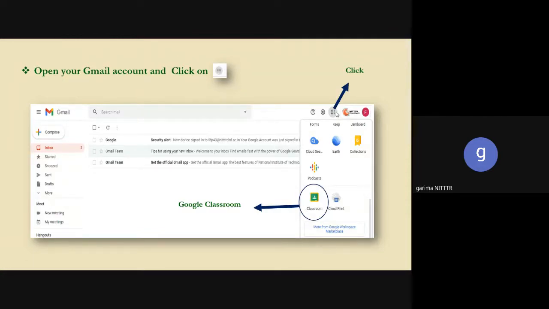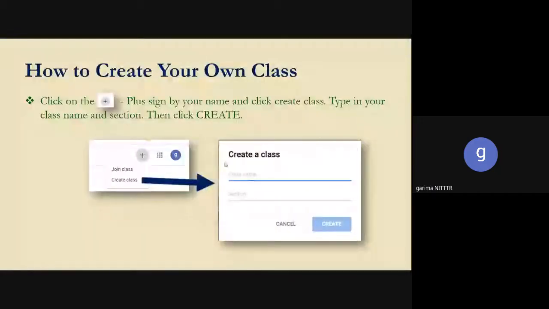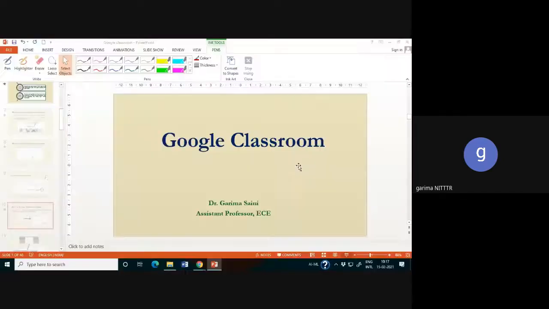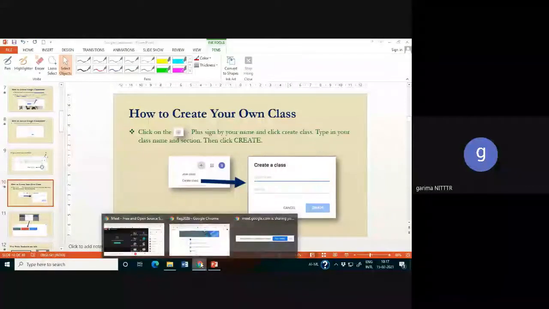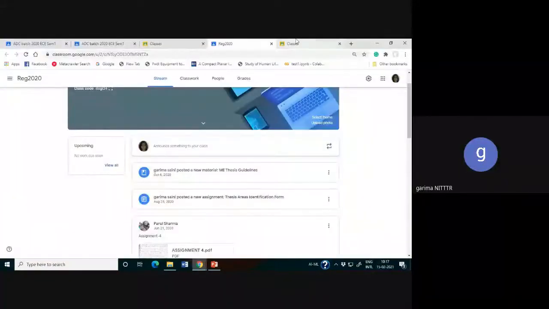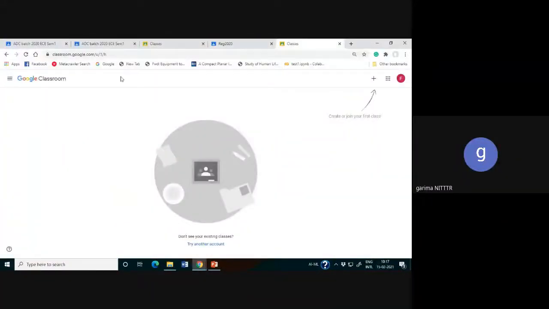And when you click on this particular Google Classroom app, you will get the option of whether you want to join a class or create a class. For example, let me show you how to create a class. I'll move to this part that I have opened in Google Classroom, and I want to create a class, so I'll just click on this.